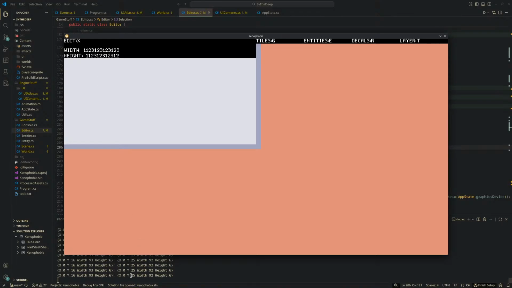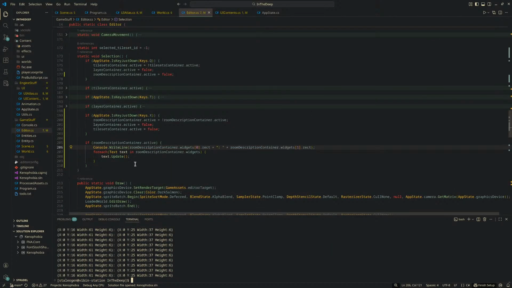So the y is 25. Okay. The height is 6. When I click on this, I should be able to edit it. And I click on this and I edit. Then I click here and I start writing stuff. So confused. How does the